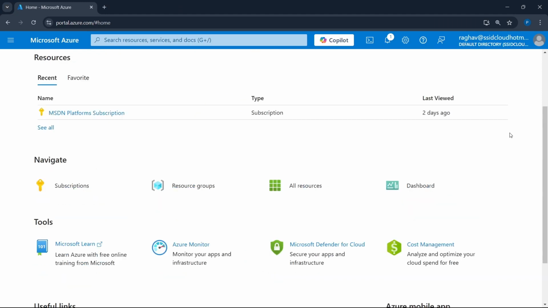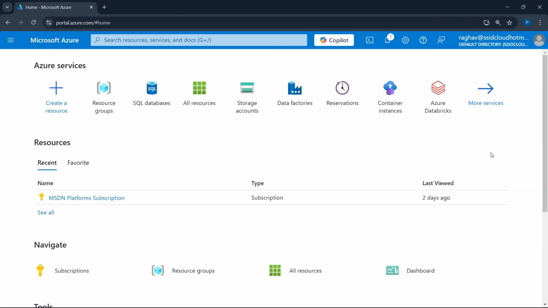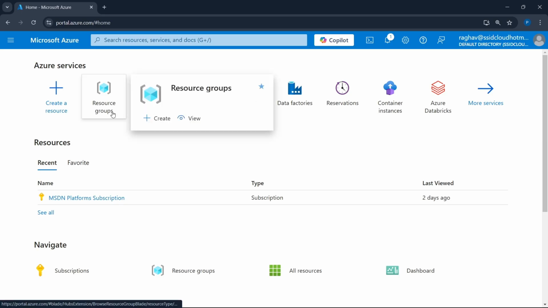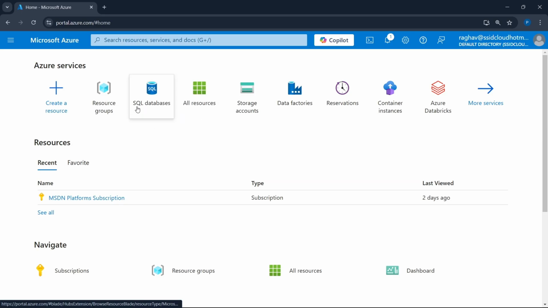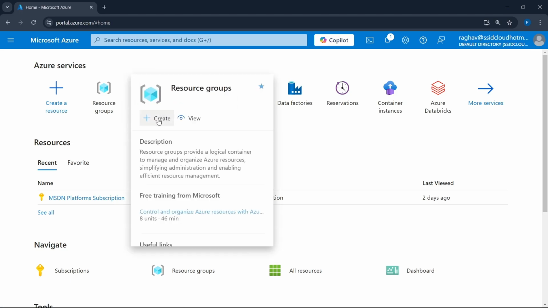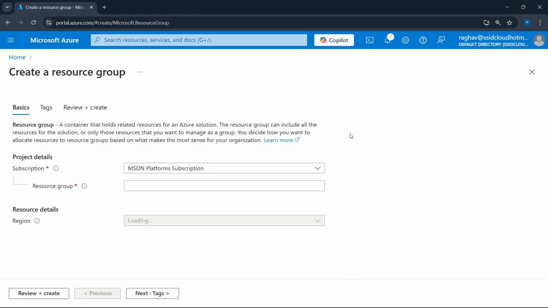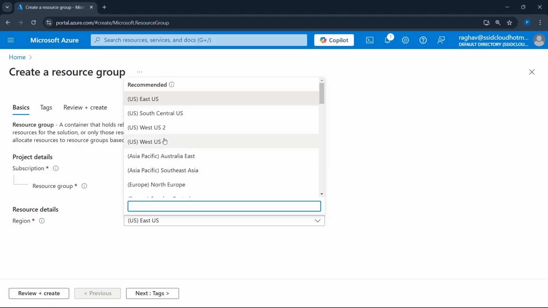Hello and welcome. This session will be a full course on Azure Data Factory, and this will be a full-fledged analysis. And the first thing we will be doing is to go to Azure portal and create a new resource group. Let's create one. And in this resource group, we will be performing all the actions. Let's select or type the name as Azure Data Factory and select the region to be US Central